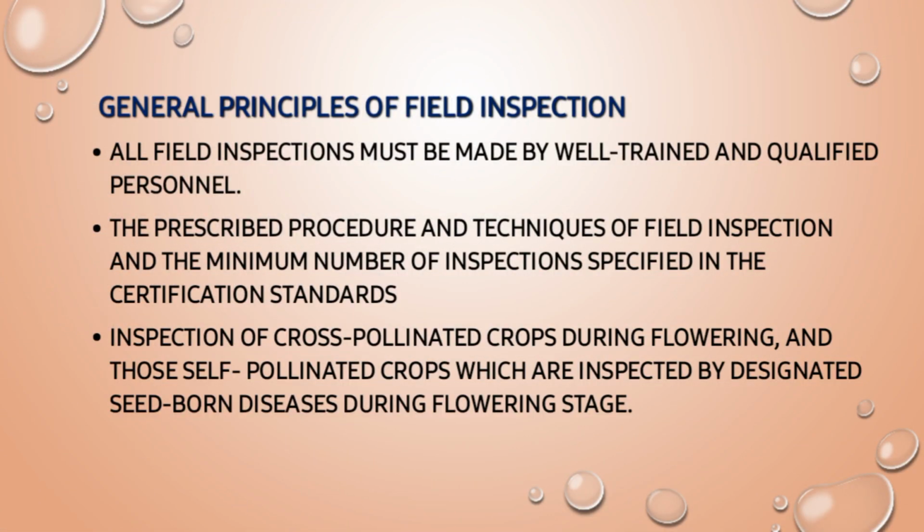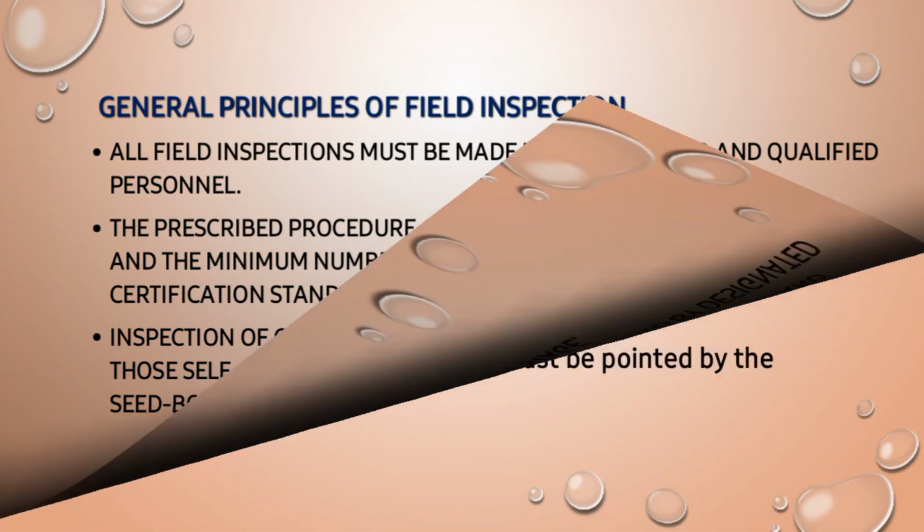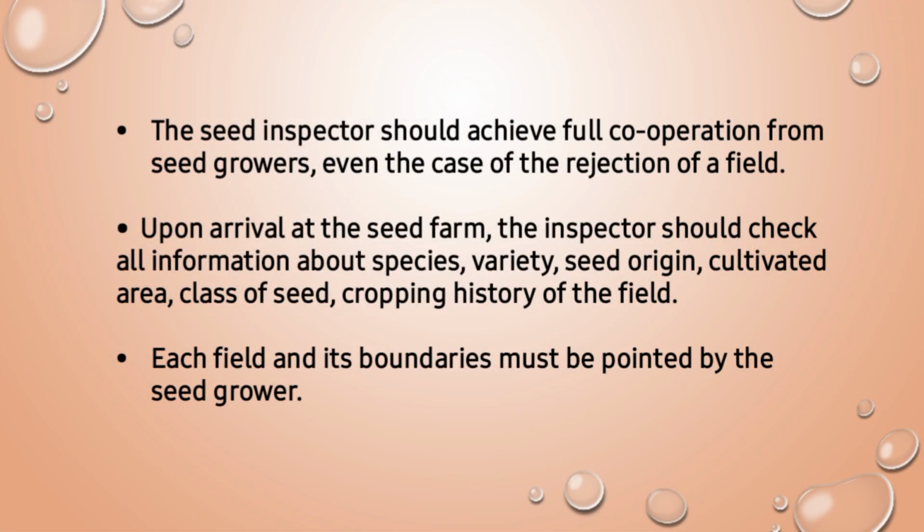General principles of field inspection: all field inspections must be made by well trained and qualified personnel. The prescribed procedure and techniques of field inspection and the minimum number of inspections is specified in the certification standards. Inspection of cross pollinated crops is done during flowering, and those self pollinated crops which are infected by designated seed borne diseases are also inspected during the flowering stage. The seed inspector should achieve full cooperation from seed growers, even in the case of rejection